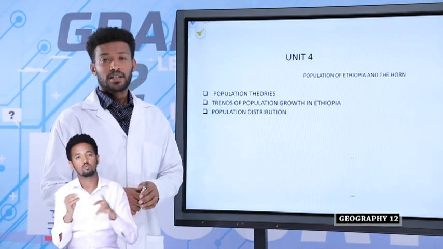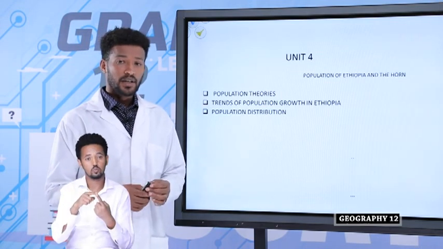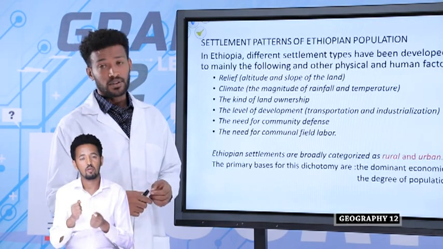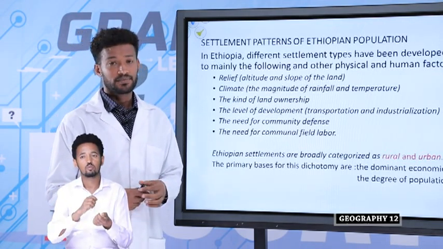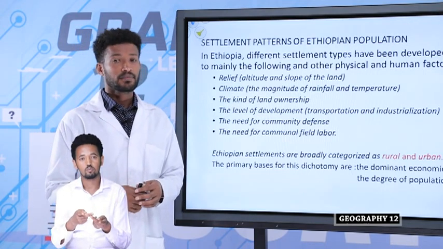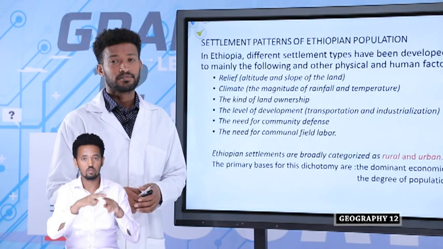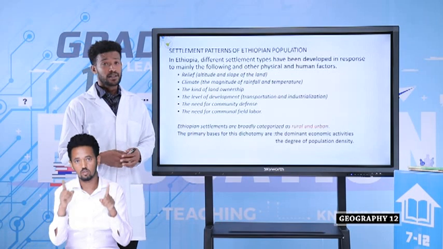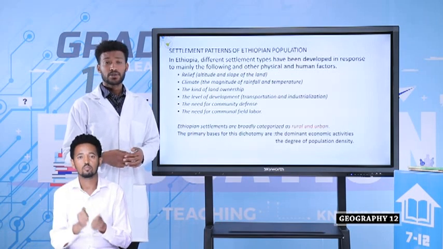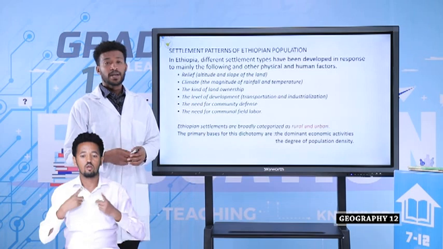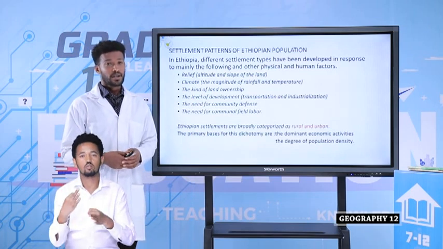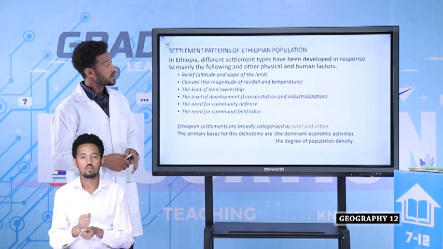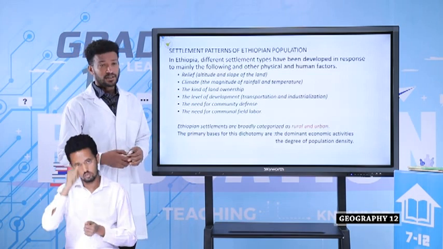Students, let's come to today's lesson on settlement patterns of the Ethiopian population. Students, what is settlement? In Ethiopia, different settlement types have been developed due to physical and human-made factors. Based on these factors, we can list some of the physical and human-made factors. For example,